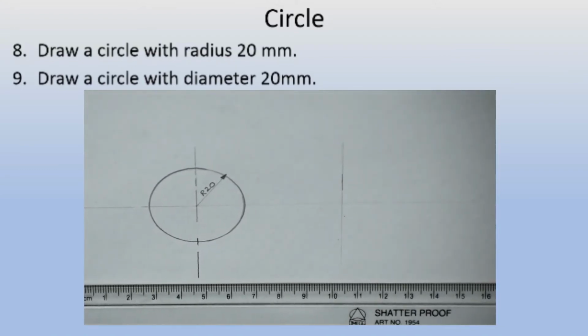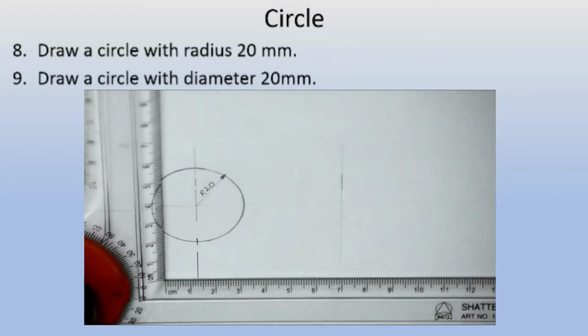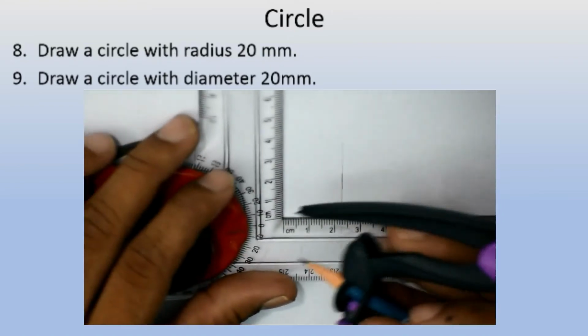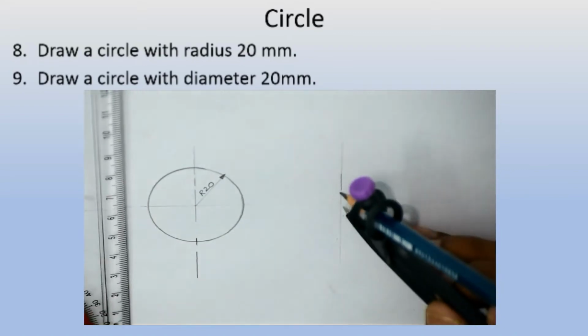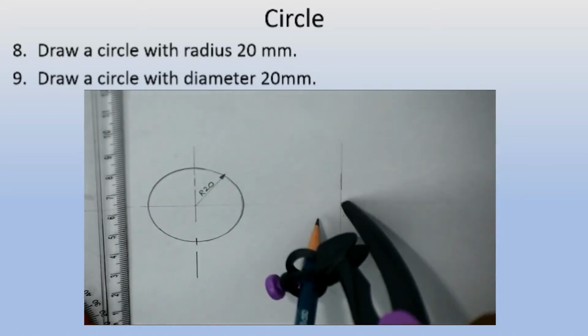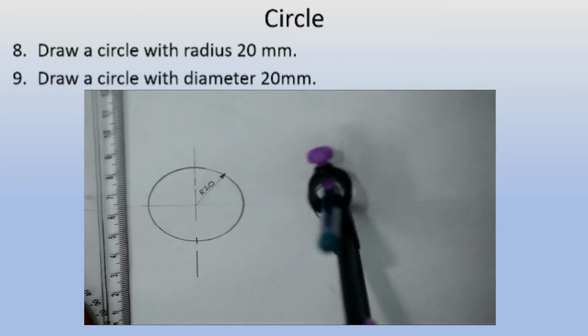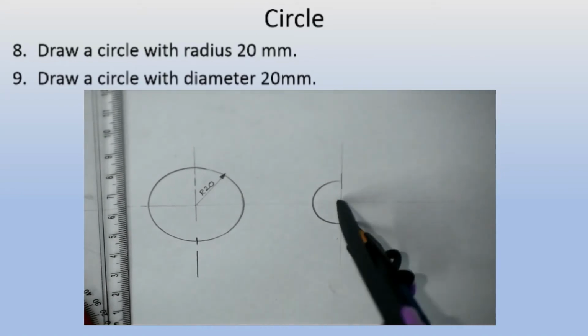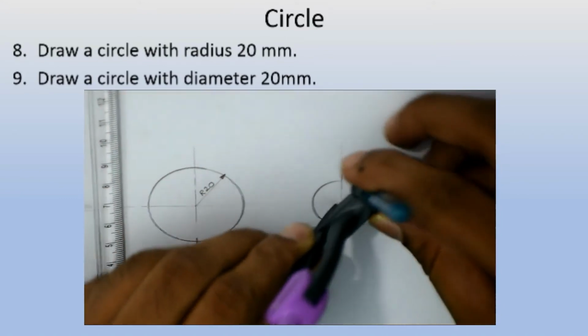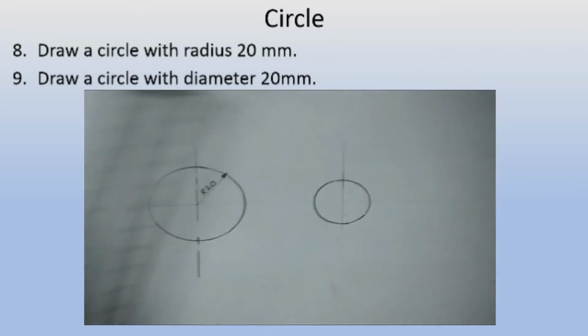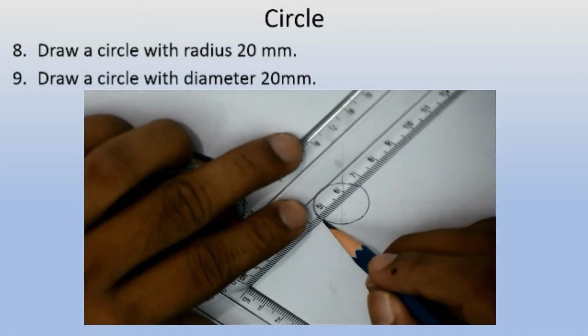Now we will draw the ninth question with diameter 20. So we are going to draw a circle with diameter 20 here. We have to take the radius as 10 because radius is half the diameter. 20 by 2 is 10, and I have told you that R is equal to D by 2. And while drawing the circle with compass, we have to always take radius, radius and radius. Even if the diameter is given in the question, we will do the calculation 20 by 2 which is equal to 10, and we will draw the circle.